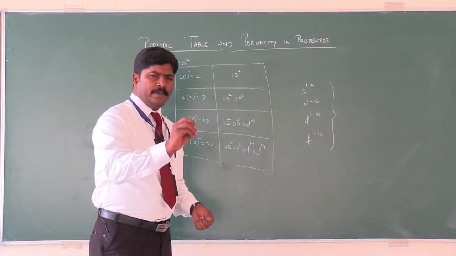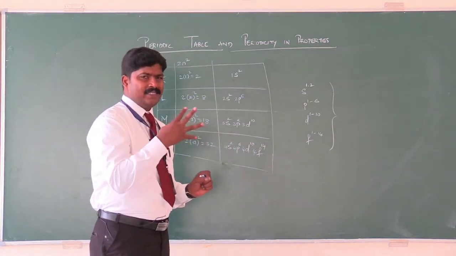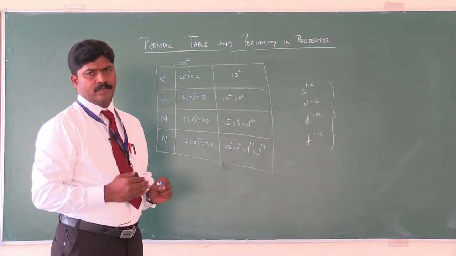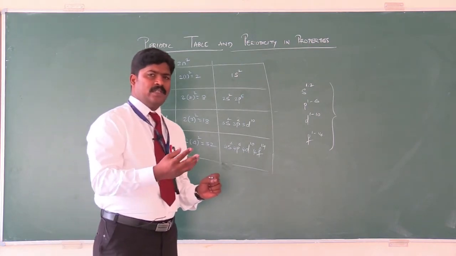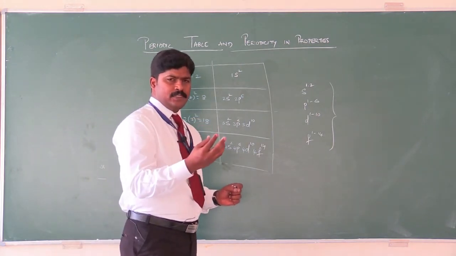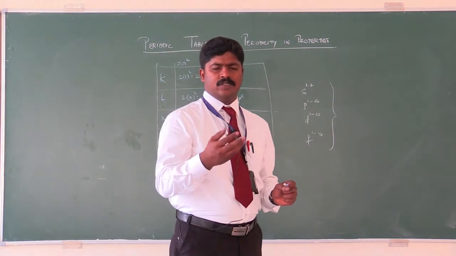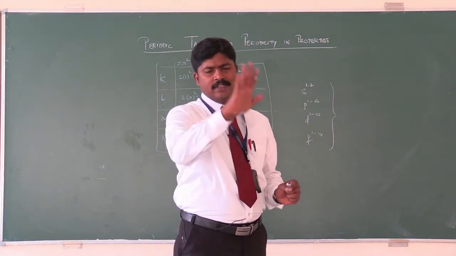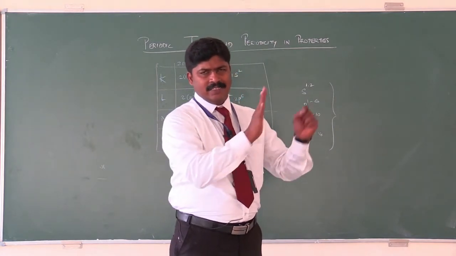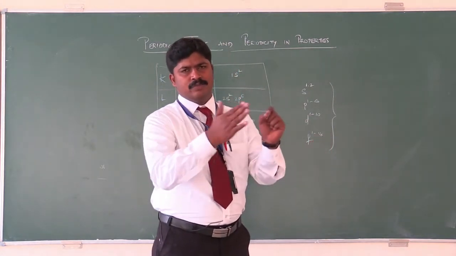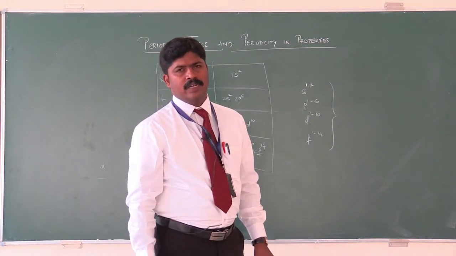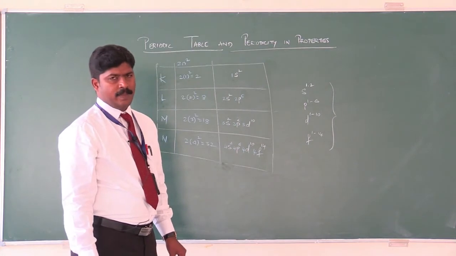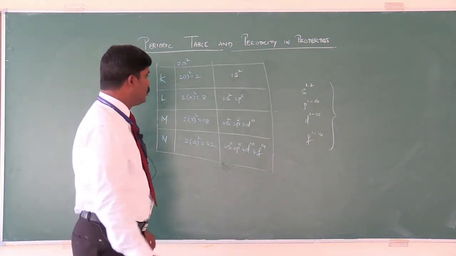Take a paper and a pen and make a note of it, that's all, so that it is easy for me to explain electronic configuration. So what is electronic configuration? I am going to go for the Aufbau principle: electrons are added based on increasing orbital energy. Then the Aufbau energy level diagram, where I will write the order of filling the electrons. Then I will take hydrogen to calcium today to teach electronic configuration. Then I will start the chapter periodic table and periodicity in properties of elements. Okay, so this is the idea.